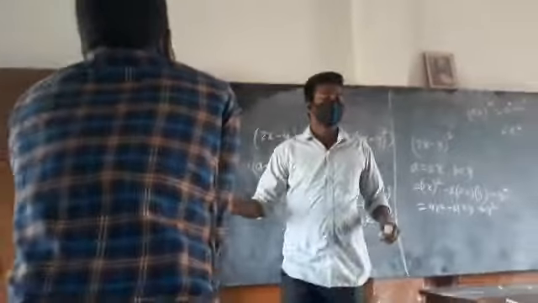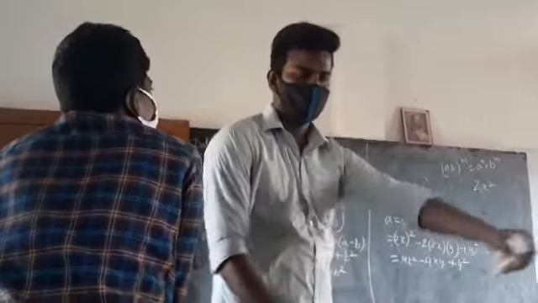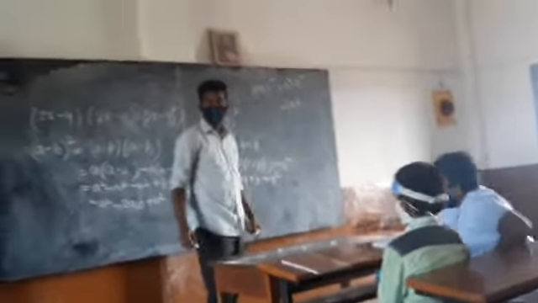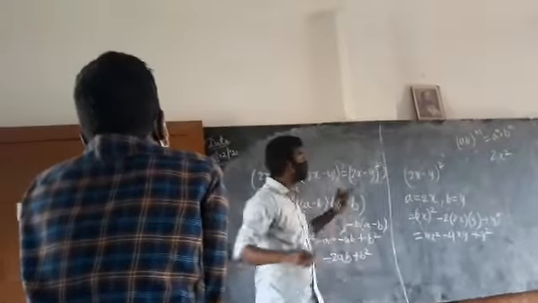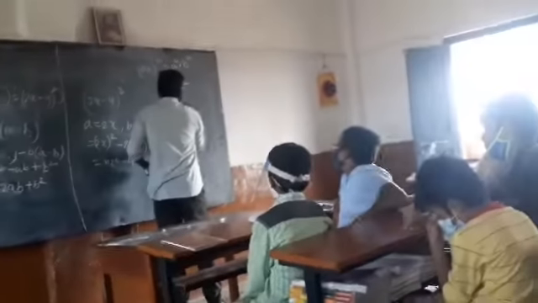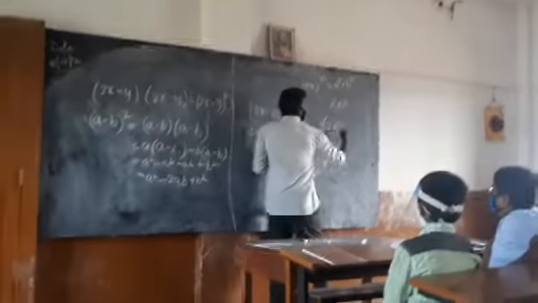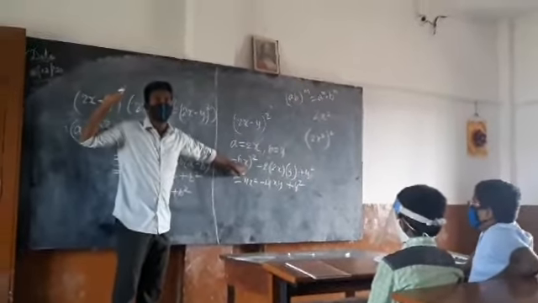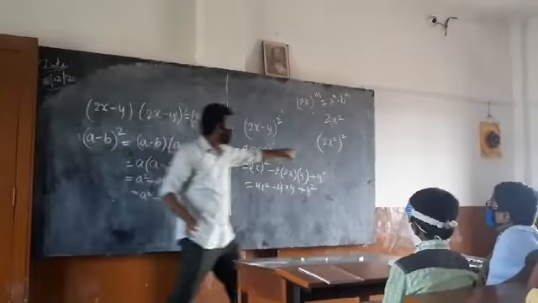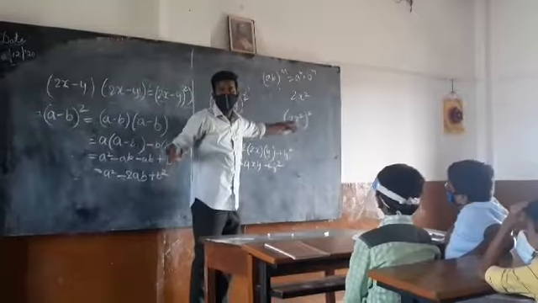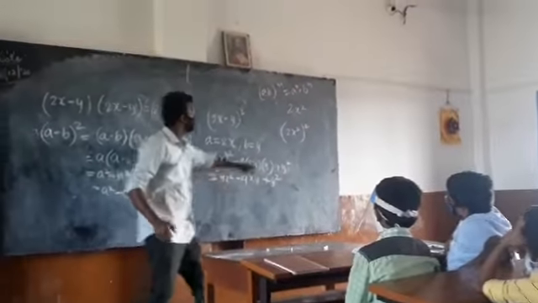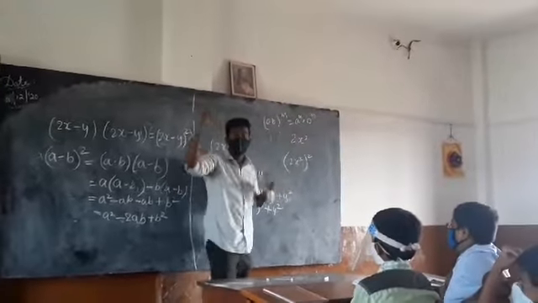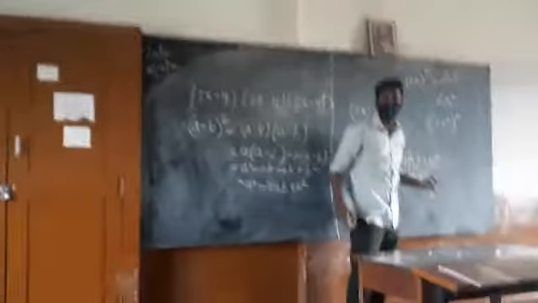2x square, if it is 2x square whole square, you want to apply the square on the 2x square. Here we have applied the square on only 2x, then it came as 4x square. Here you have applied it on 2x square whole square, then do the same procedure. Give power to each and everything inside the product. Yes, 4x power 4.